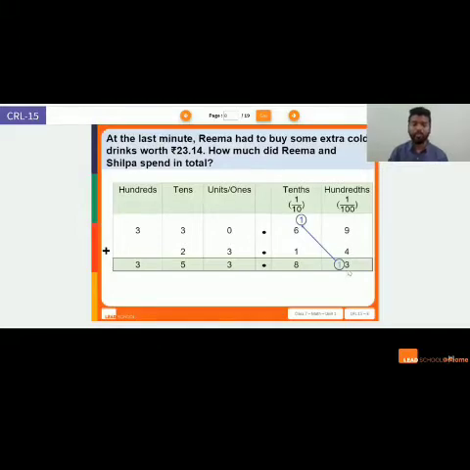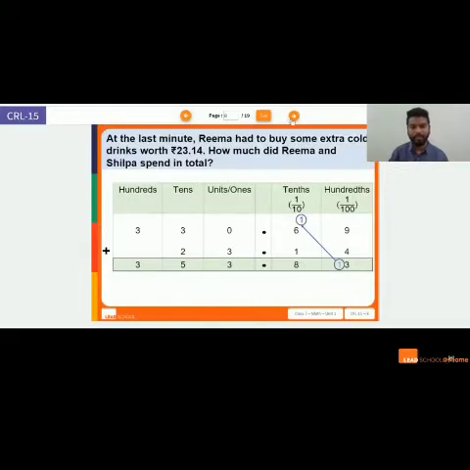All right. So students, by now we already know 10 hundredths will make 1 tenth. So what I'm doing is taking out 10 hundredths to my tenths place, so that I will have only 3 hundredths left here, and 1 tenth is moved on to the left side. All right. So that will give me 6 plus 1 is 7, 7 plus 1 is 8 tenths. All right, and the units side will remain the same.